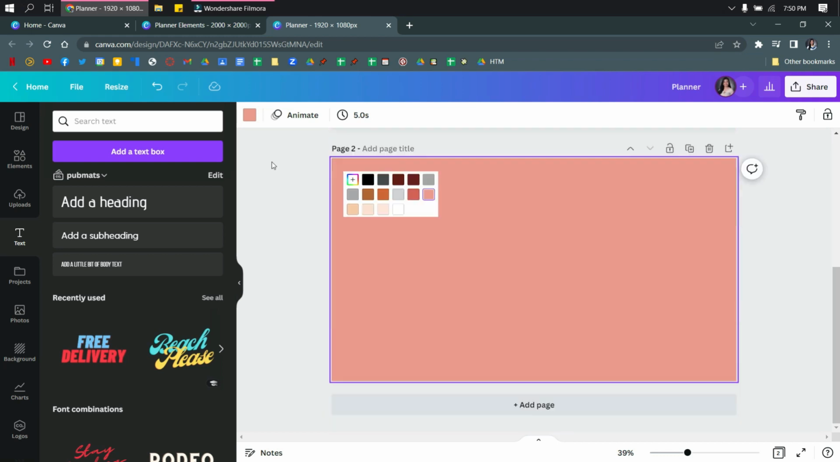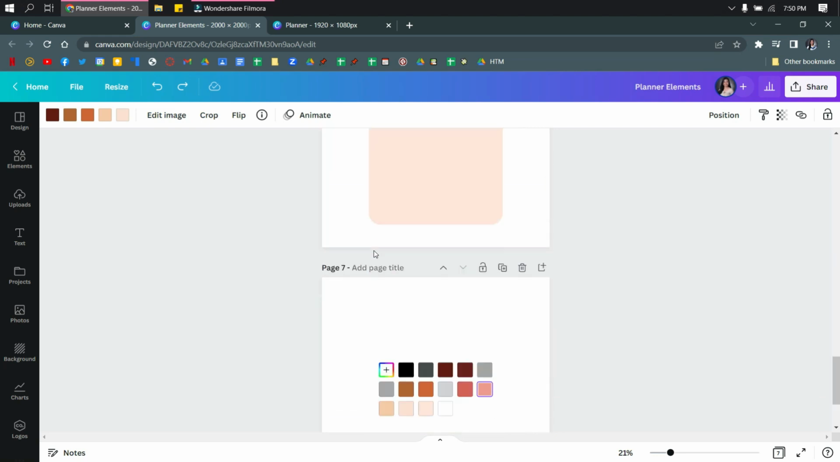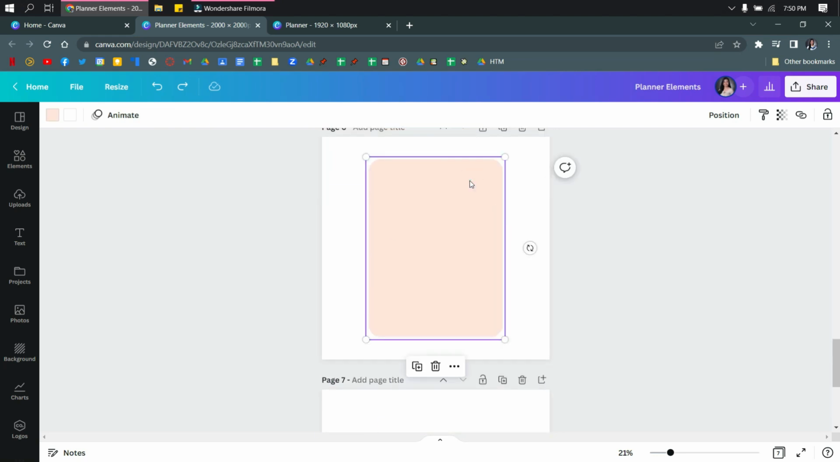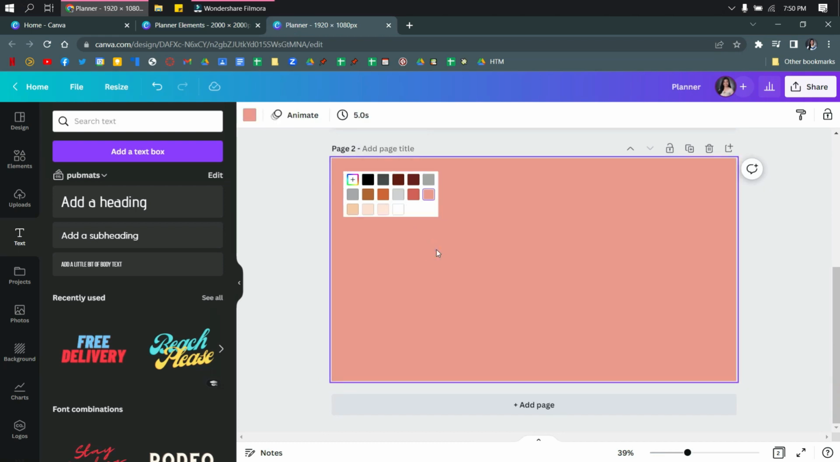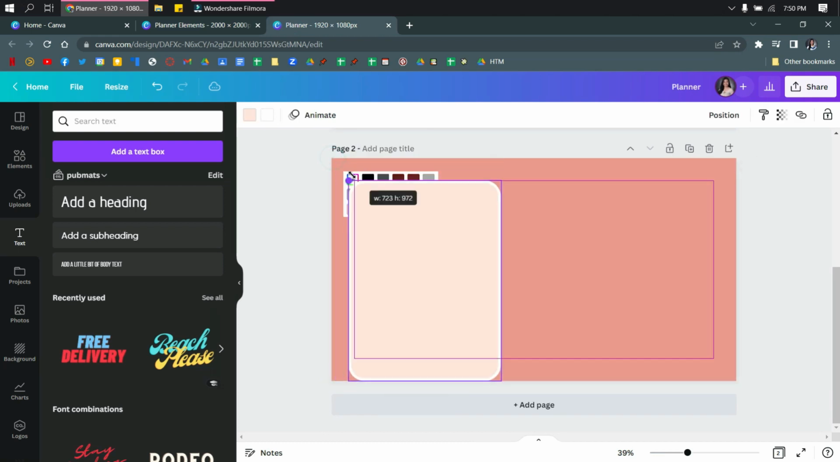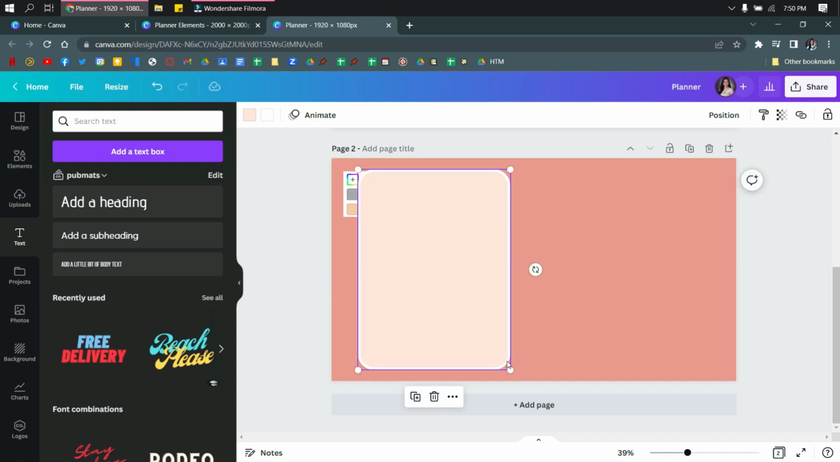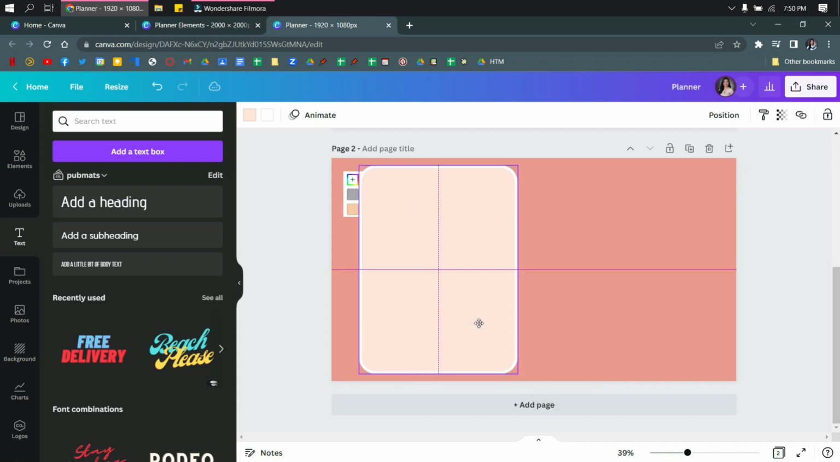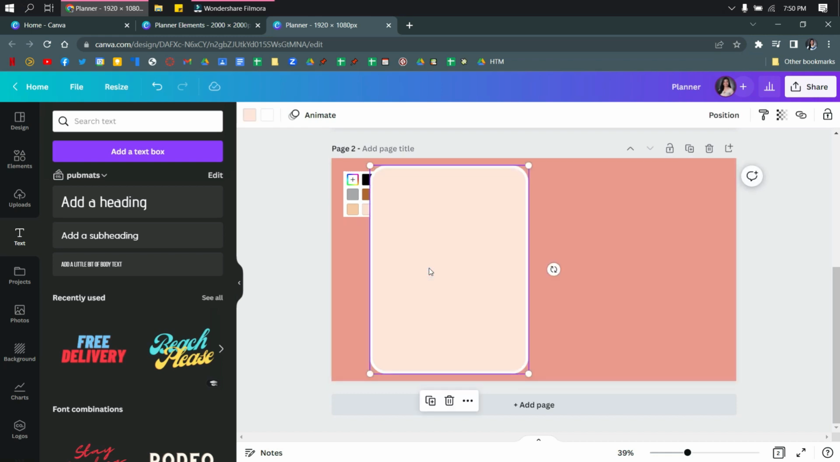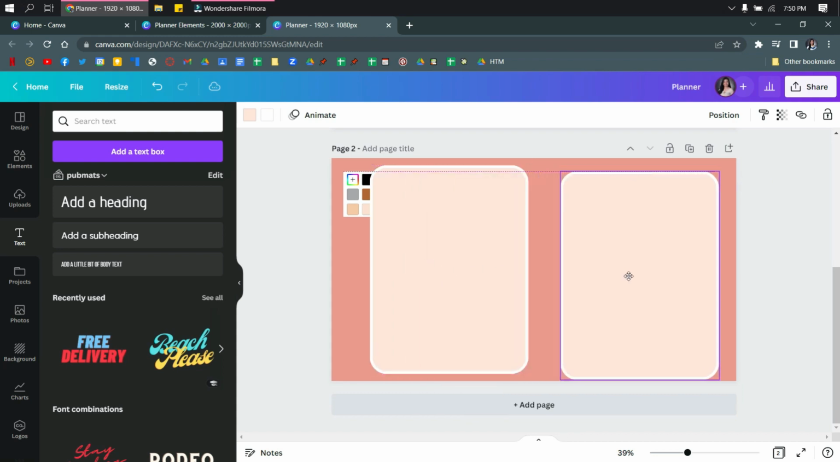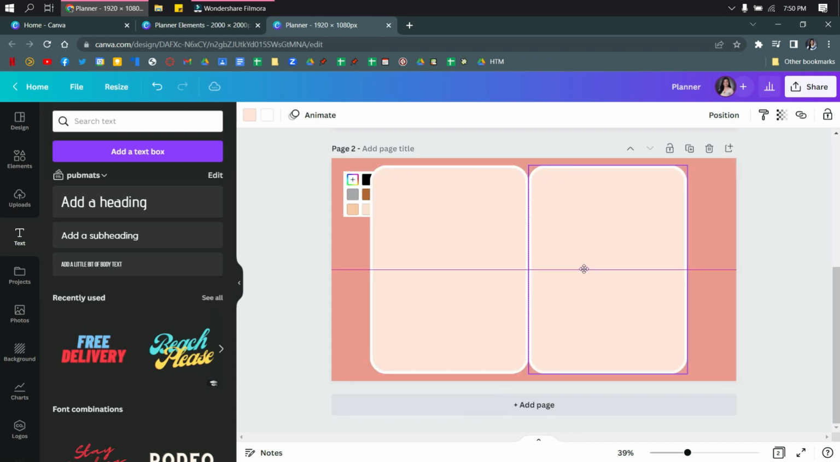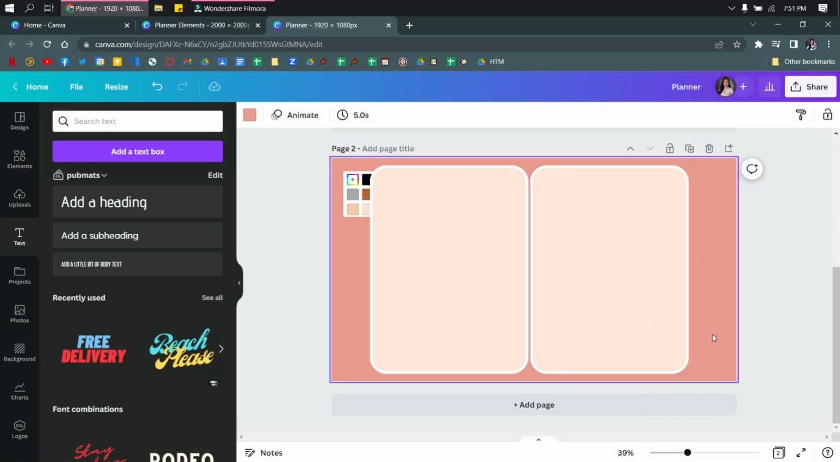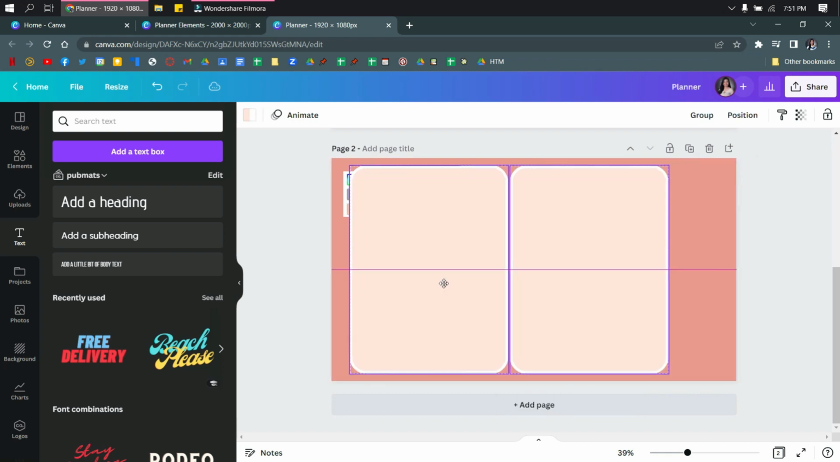So what I'm going to do is I'm going back to these elements, going to copy this and paste it here. Just have to resize it so it fits perfectly. Okay, so I'm gonna copy that and paste it here so that we have two pages. So in this case, I hope you can already visualize that we have like an open notebook or an open planner. So just select both of these and put it in the middle